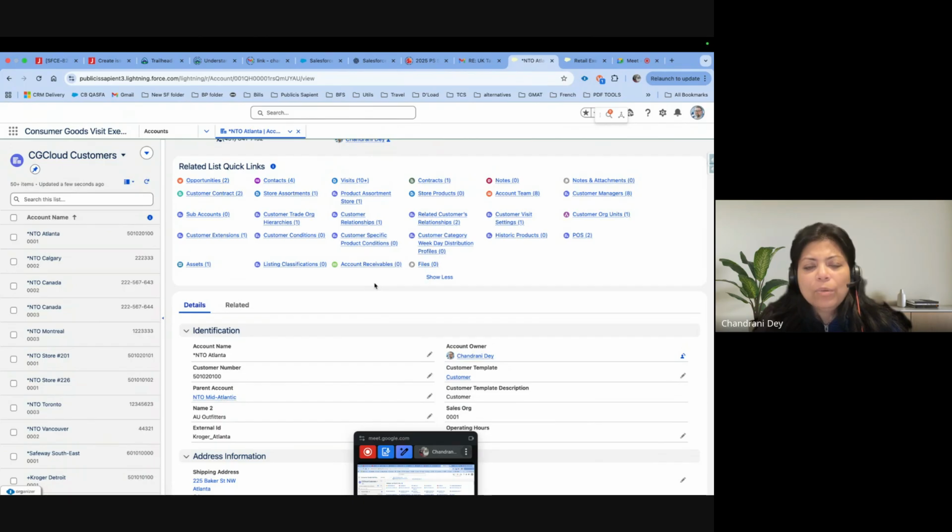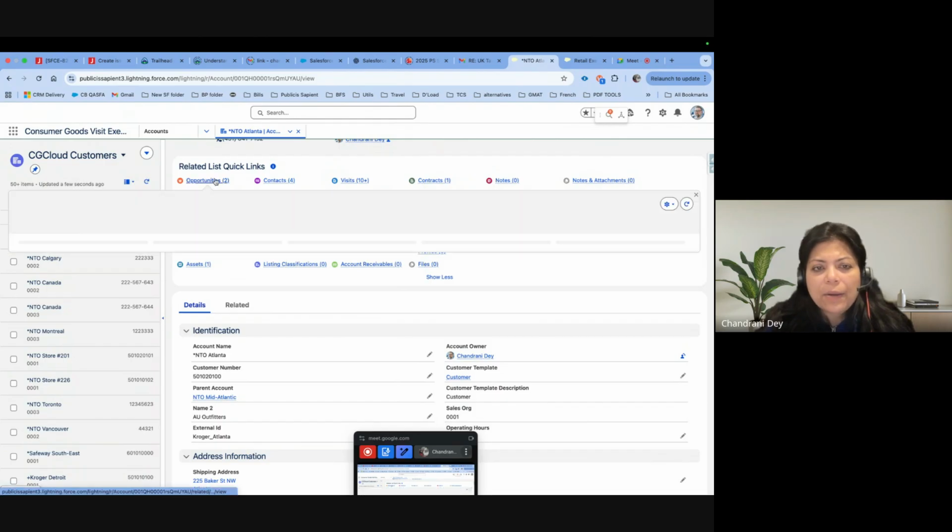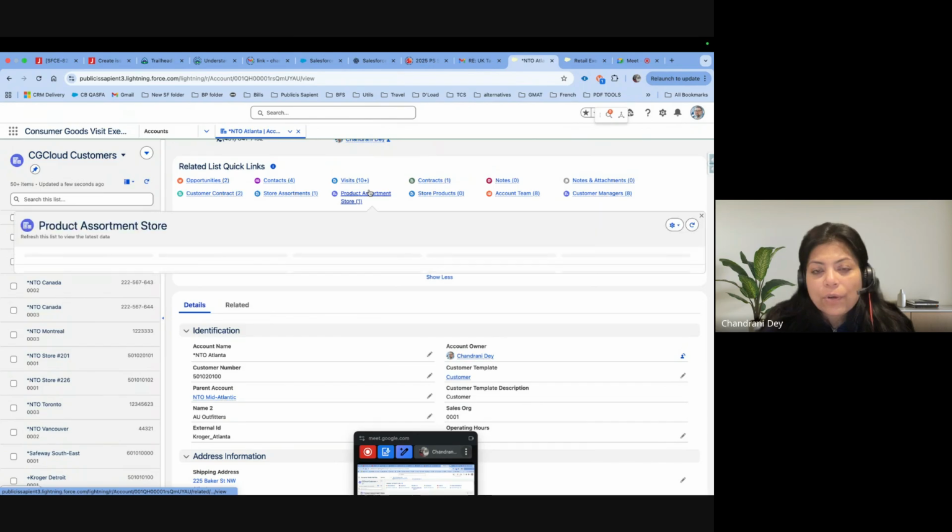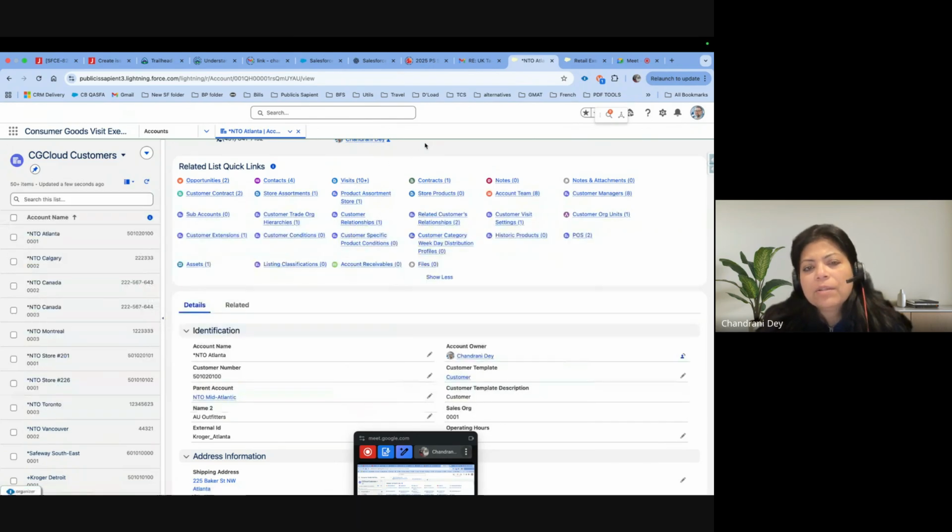And it is almost impossible that in one implementation, in one go, you are going to use everything. So you will be mostly using things like opportunities or product assortment, visits definitely, because if you are using retail execution, visits is the most important thing. You may be using store products, store assortments. You will be using account team definitely, because this says who is managing the account.